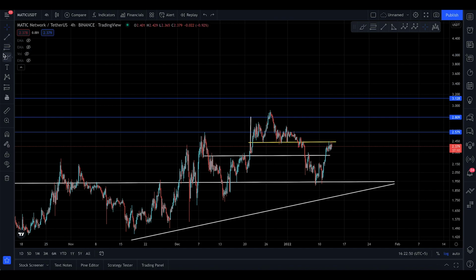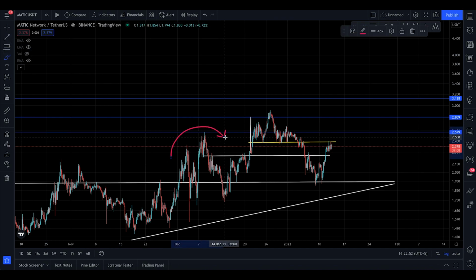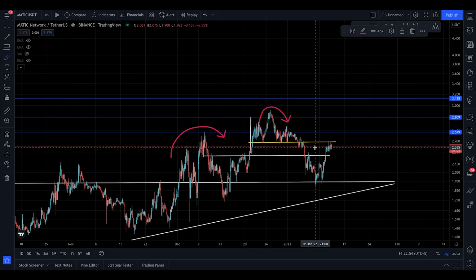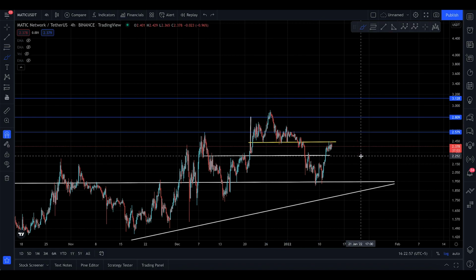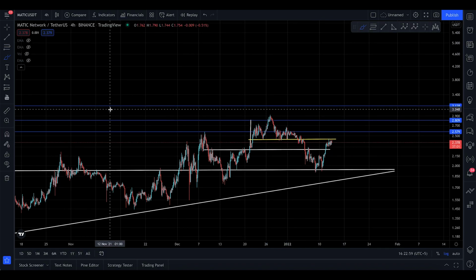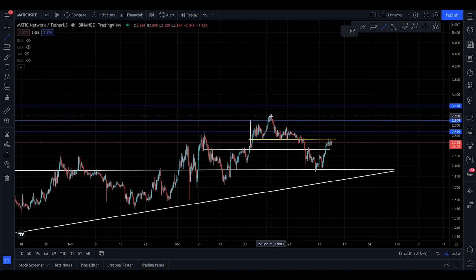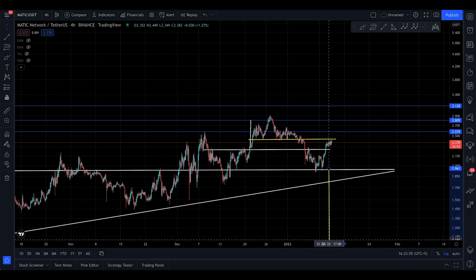And this, to me, if this head and shoulders starts to play again, this head, its left shoulder, the head, and this right shoulder, then imagine how badly you're going to drop. And this is just me reading the charts, guys. I'm not bearish, I'm not bullish. I'm just giving you the potential play.